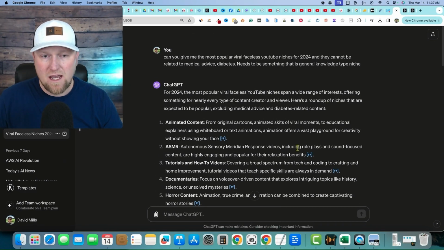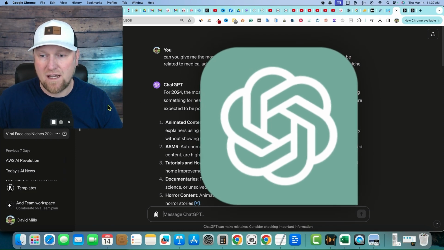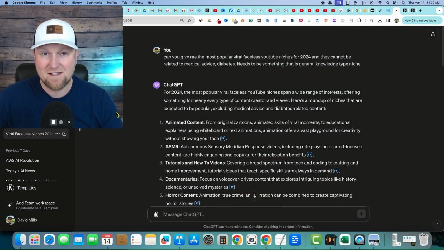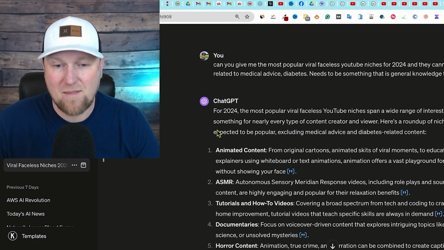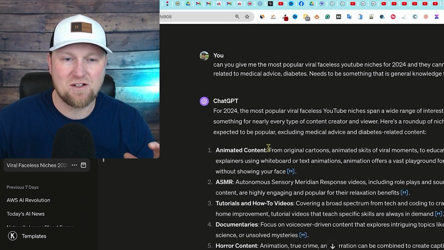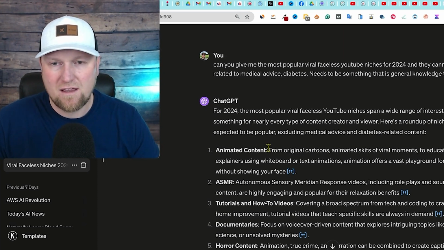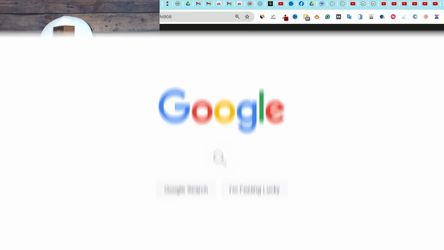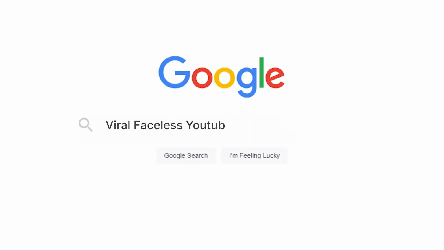So we're going to come over here and we're going to go into ChatGPT like we do a lot, right? We go into ChatGPT a lot because it does so much work for us in automation. And really, we want to take a second just to appreciate the research that ChatGPT solves for us. Instead of going and having to do Google research and take notes and do all these different things that we've had to do in the past,